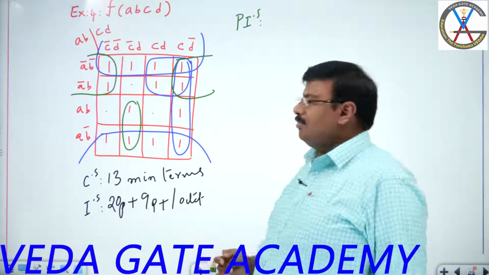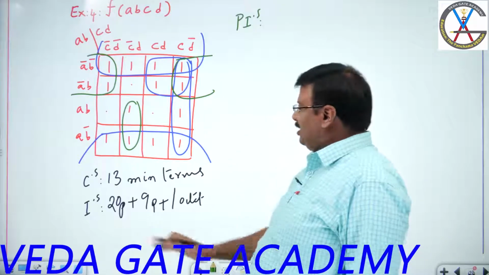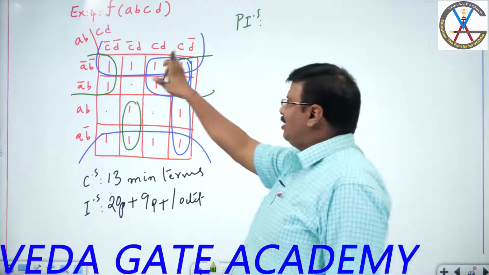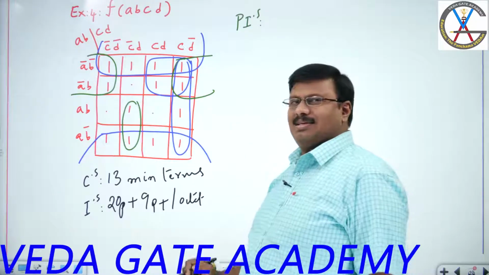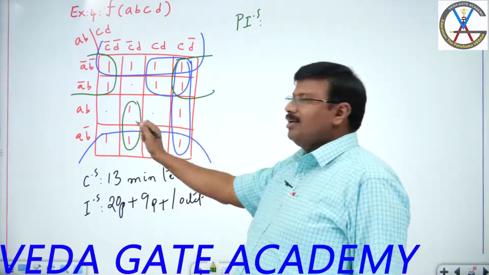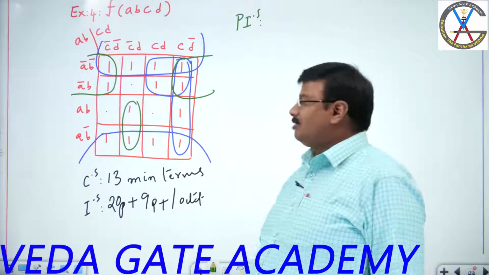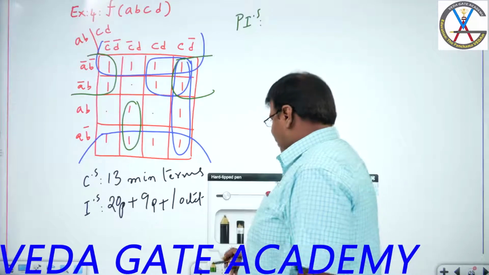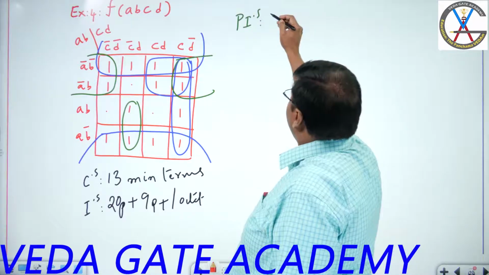From this function, how many are the prime implicants? You see 20 pairs are there. Except this pair, all the other pairs are in quads. So let us not count the others, only this pair. So prime implicants: only one pair,